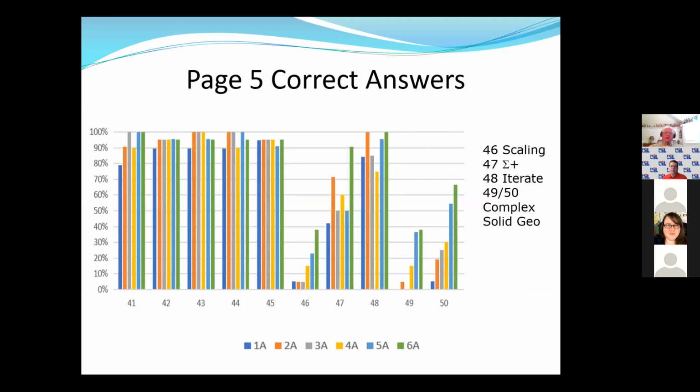Okay, going on, here's page 5. Again, these are the people that worked the problem correctly. The first 5 problems are all the number crunchers, and the people did those pretty well. For problem 46, I went ahead and listed over here the type of problem, primarily to help me remember. Problem 46 was a scaling problem, and that was apparently a very difficult problem. I don't think of scaling problems as being intrinsically difficult, but this one may have been a